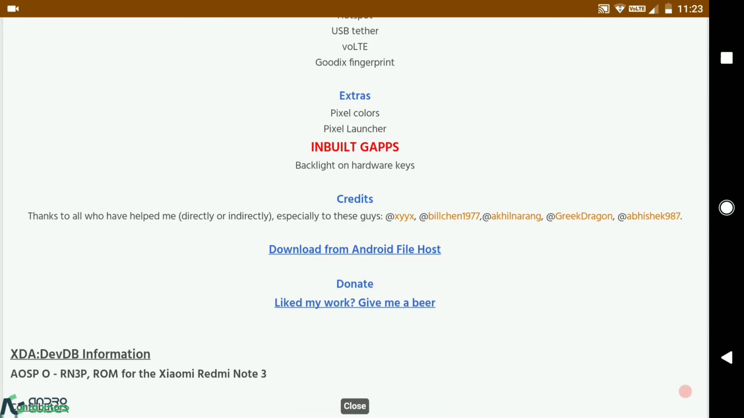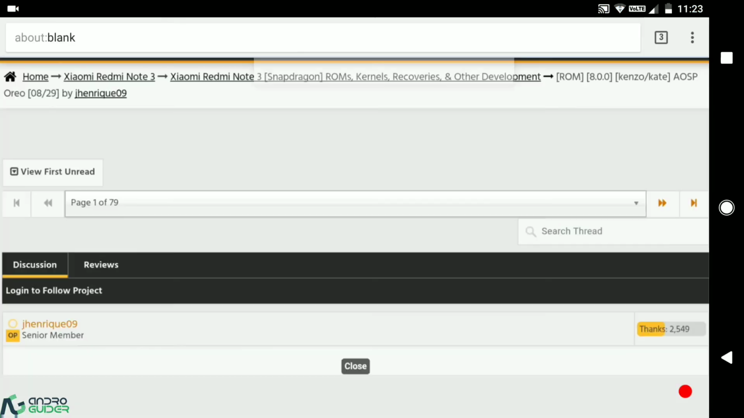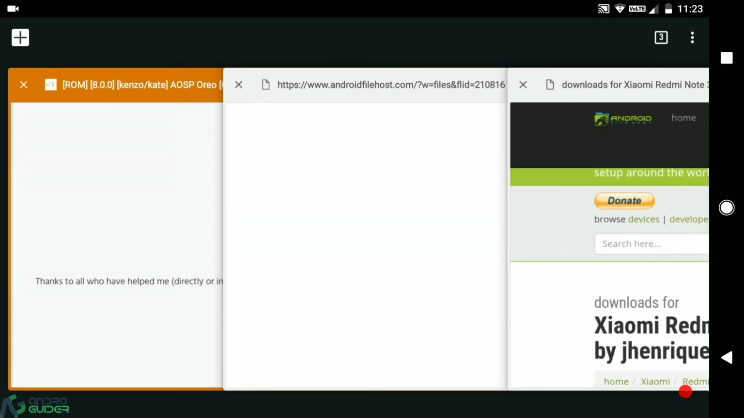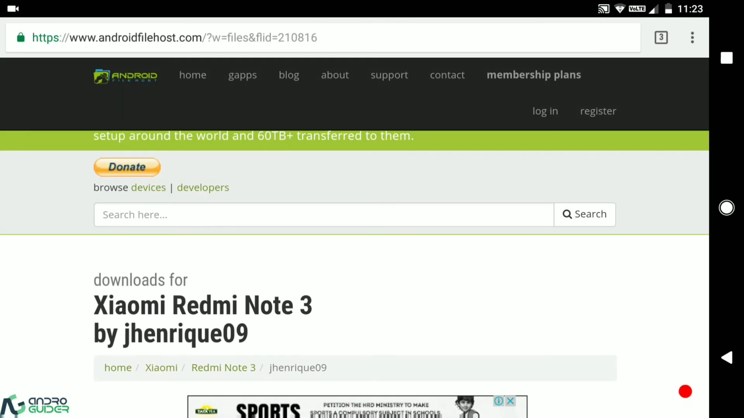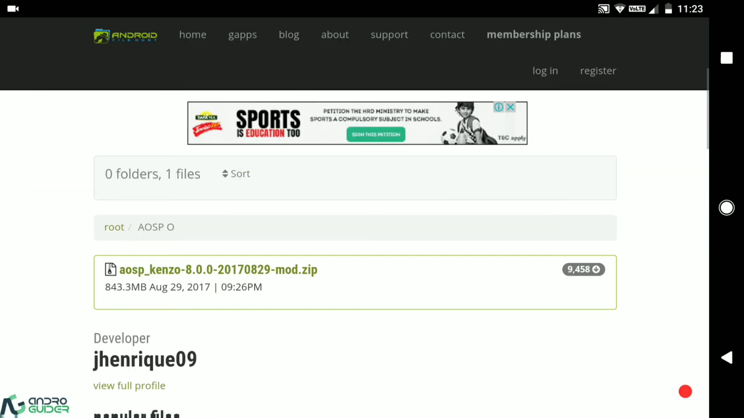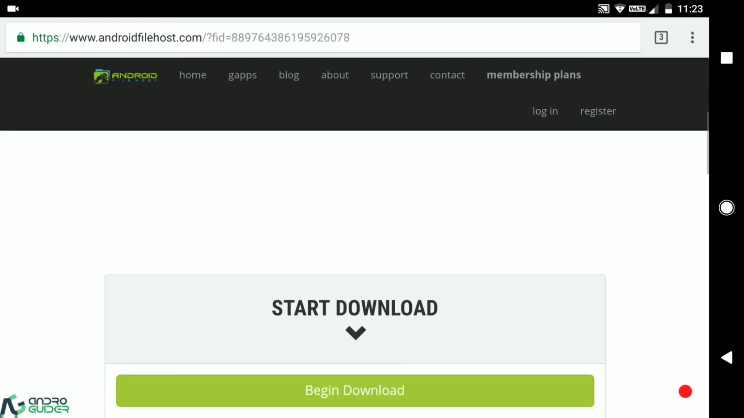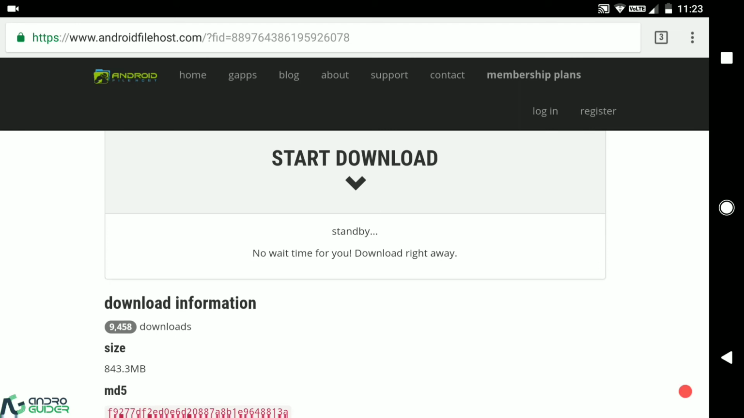This build of the ROM was uploaded on Android File Host. So just open this download link. It takes a while for the page to load. I already had opened it up. So yeah, you will get something like this. So just go ahead, tap on AOSP 8.0 for Kenzo, and I will begin the download,